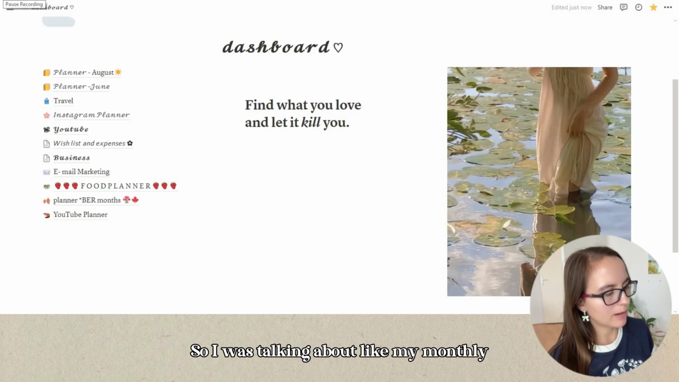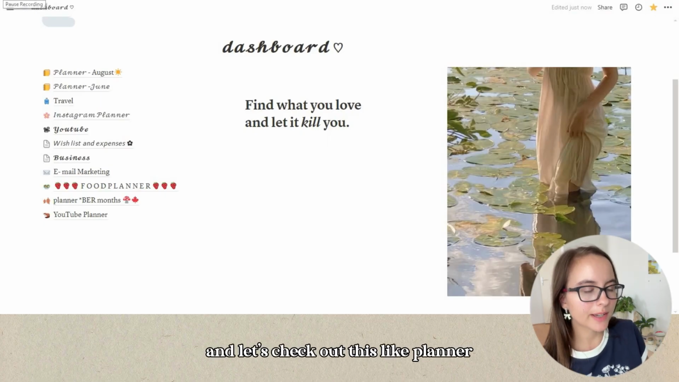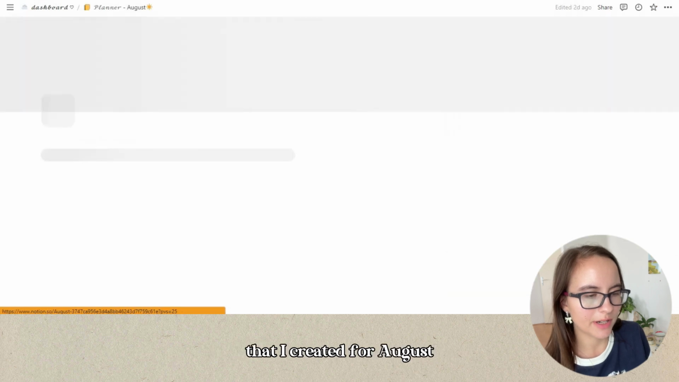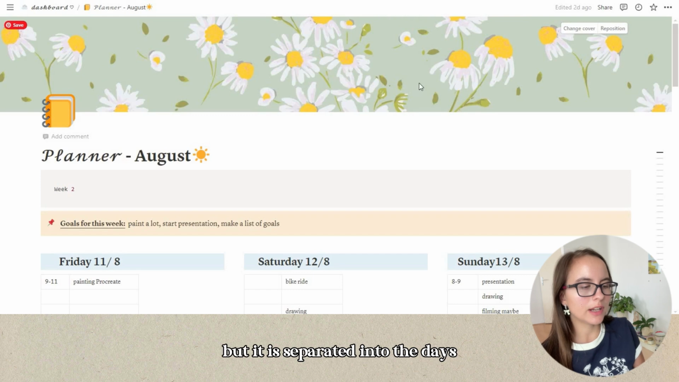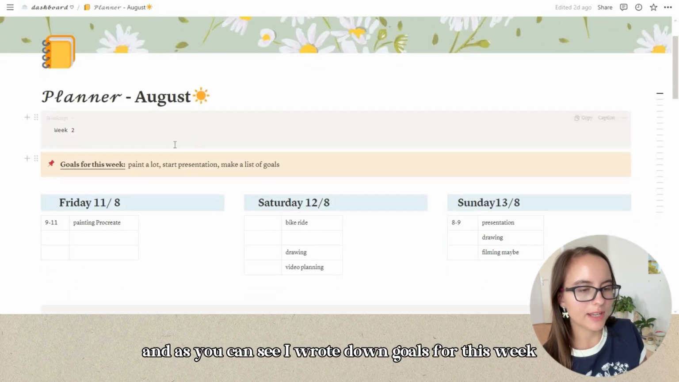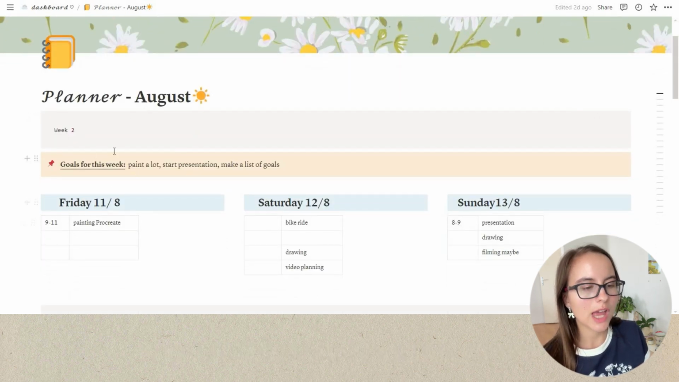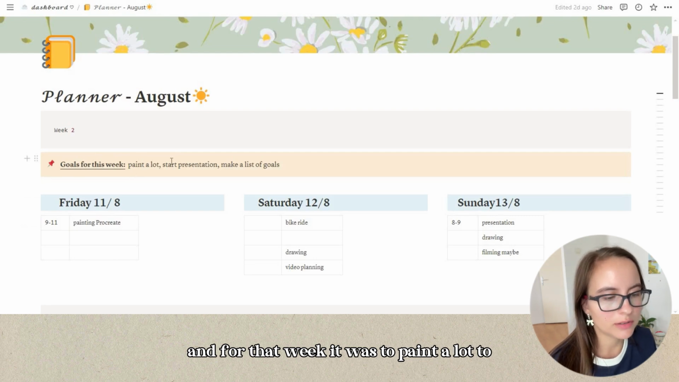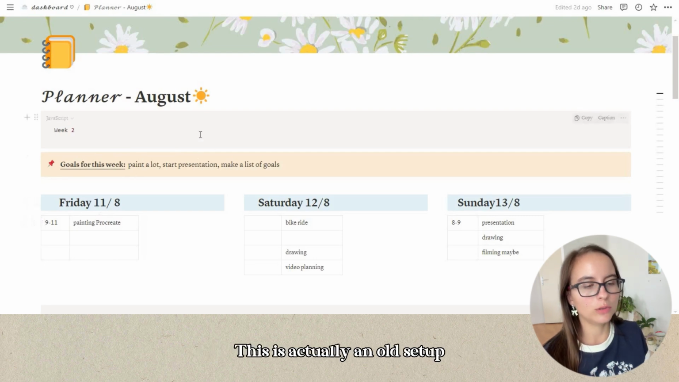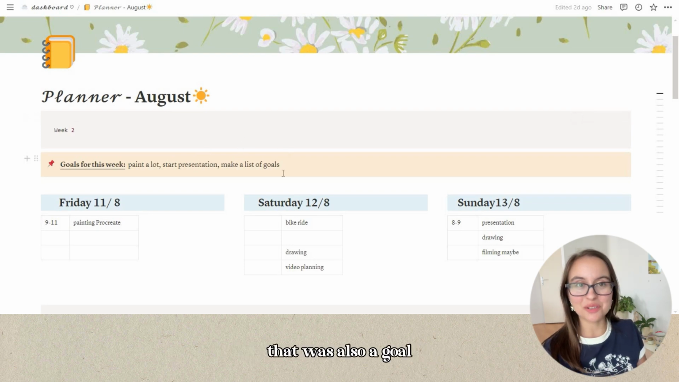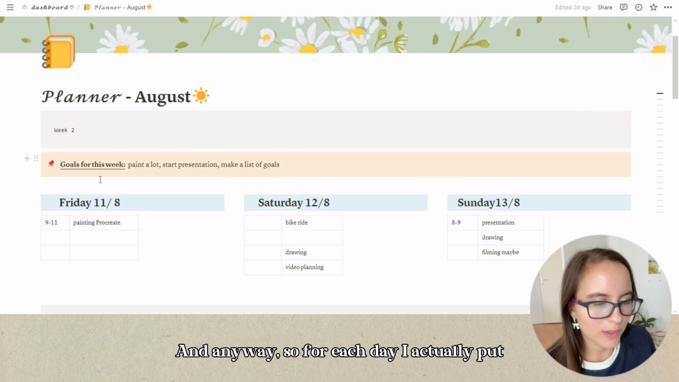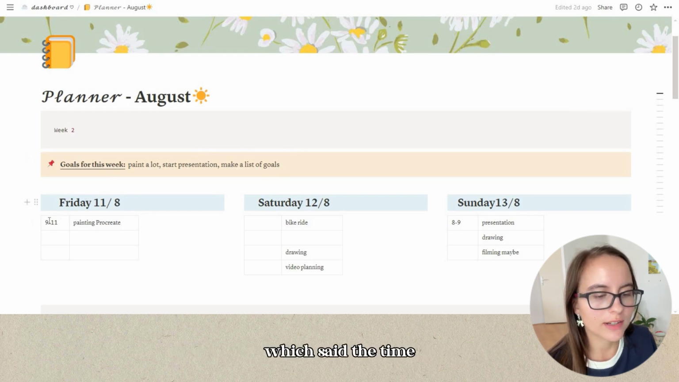So I was talking about my monthly and daily setups, and let's check out this planner that I created for August. This is obviously a monthly planner, but it is separated into the days. And as you can see, I wrote down goals for this week. For that week, it was to paint a lot, to start my presentation. This is actually an old setup because I was still in college, and generally make a list of goals. That was also a goal. And anyways, for each day, I actually put a little table which said the time and then what I would be doing